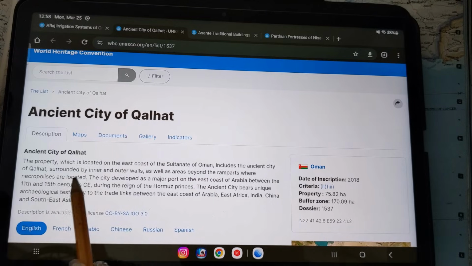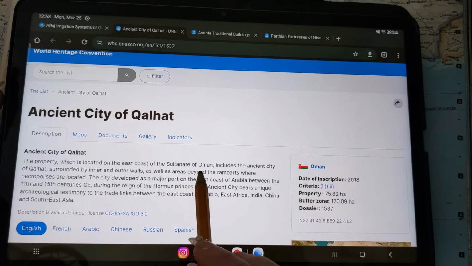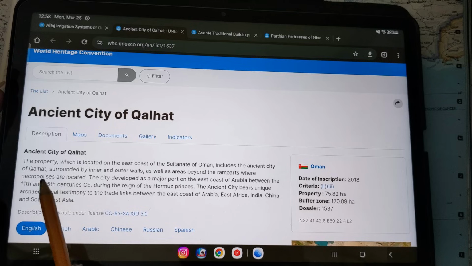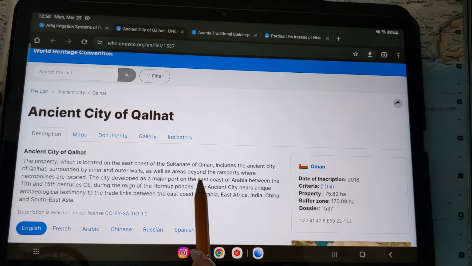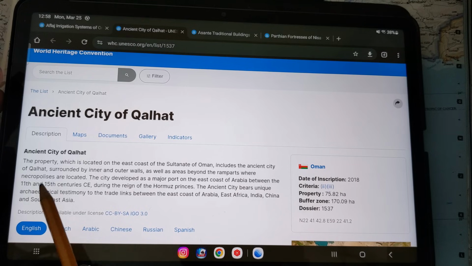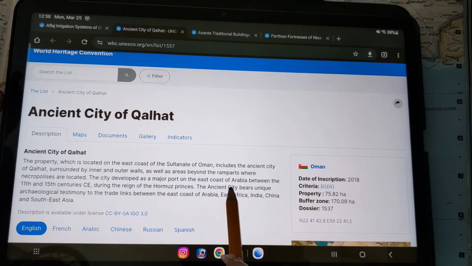The property, which is located on the east coast of the Sultanate of Oman, includes the ancient city of Kalhat, surrounded by inner and outer walls, as well as areas beyond the ramparts where necropolises are located. The city developed as a major port on the east coast of Arabia between the 11th and 15th centuries CE during the reign of the Hormuz princes. The ancient city bears unique archaeological testimony to the trade links between the east coast of Arabia, East Africa, India,